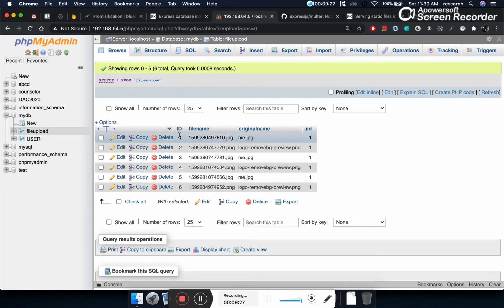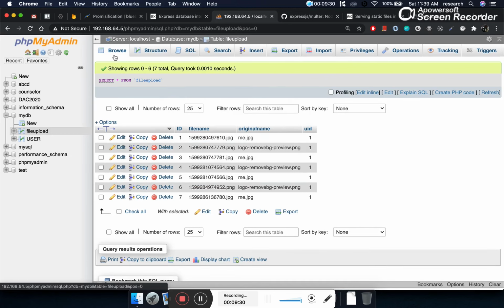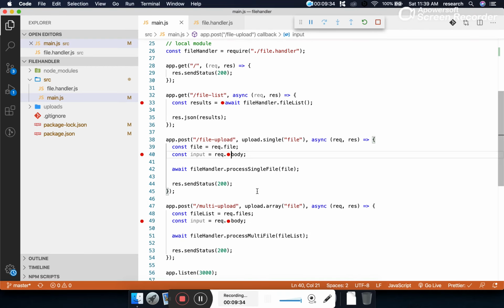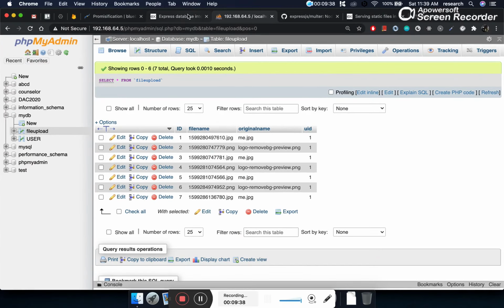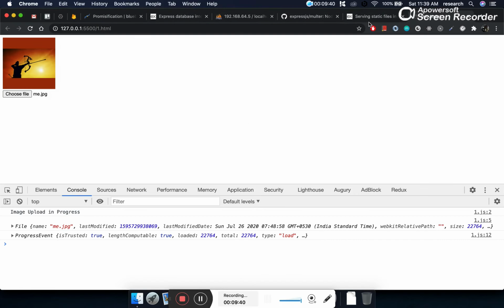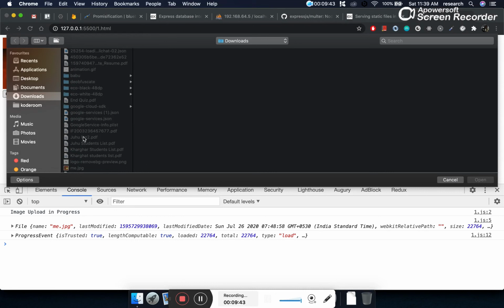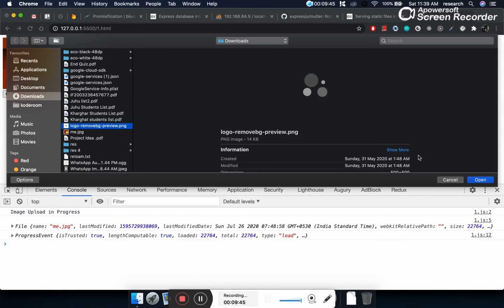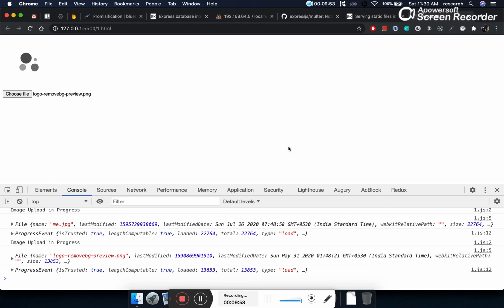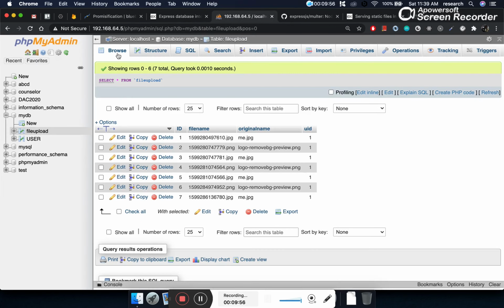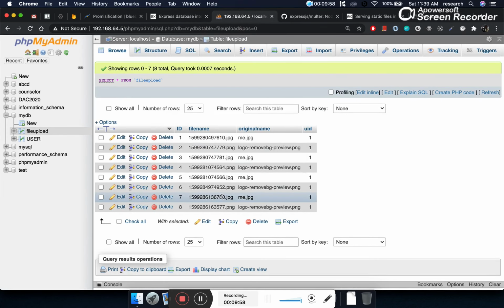How to check that? There are right now 6 images, and if you refresh this, you can see that another image has been uploaded here. And now if you want to upload more images, what we can do? Let's have a look. This is our program, and now let's select this image. Now you can see the call is going to the backend as soon as we are selecting the image. Since we have applied the breakpoint, we can visualize those things. Now we can see the number of records are getting added here.